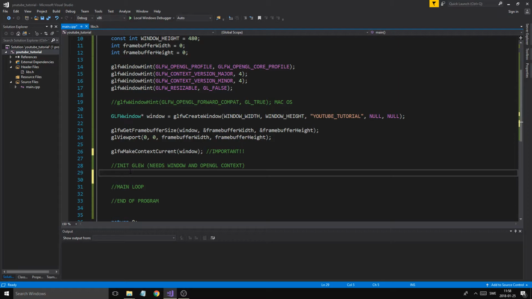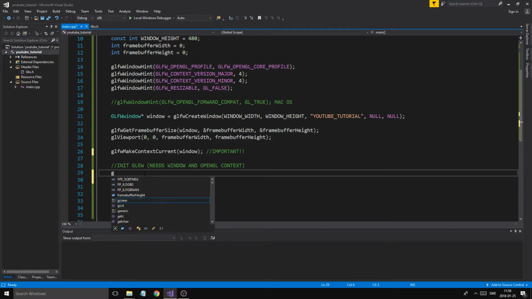Again, it just links from your driver, it checks what functions are available and makes those OpenGL function pointers, pointing them to everything that's available in your driver for OpenGL. So it links all those functions together so you can use them. And before you do this, you can't use any modern OpenGL functionality. So to enable modern OpenGL functionality, we're going to do